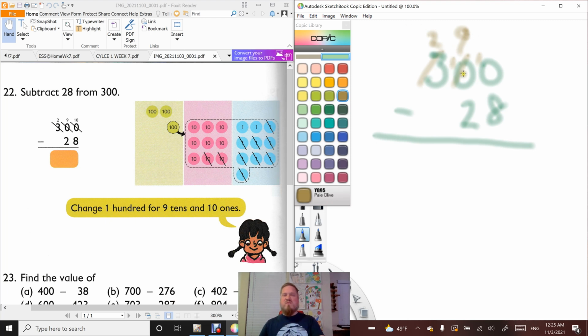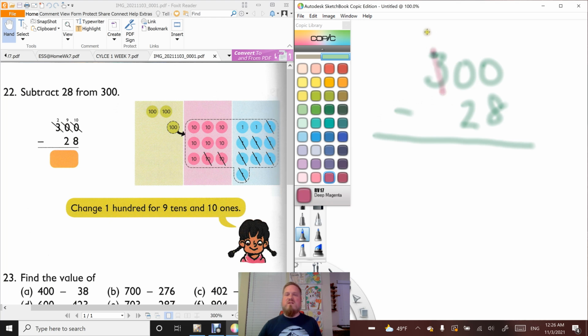So that's the way where if you do it, crossing it out and making it 10, and then crossing it out and making it 9. That's what I've been doing. But here they're showing that you can also just do the shorthand. You don't have to write 10 ones and then cross it out and then do 10 tens, then cross it out and do 9 tens. You can just skip straight to